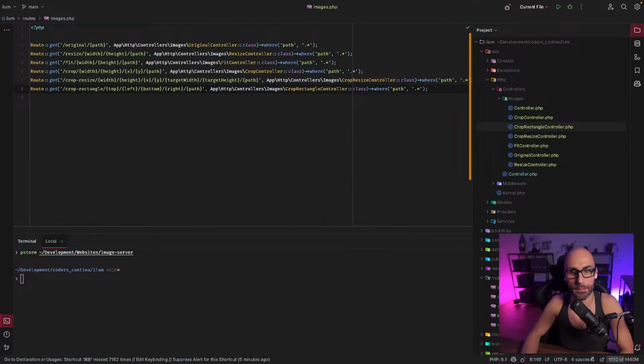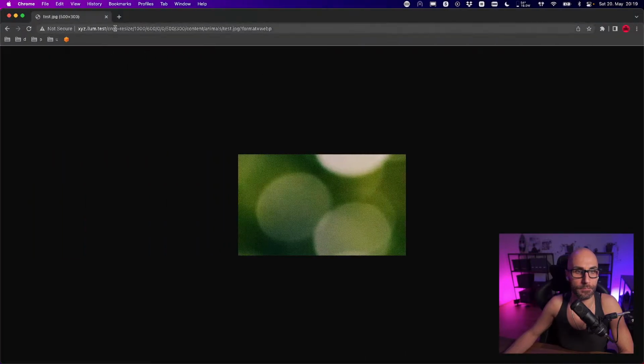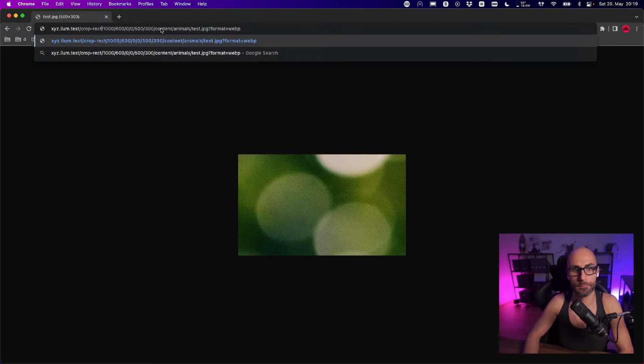Route crop rectangle, top, left, bottom, right. So, and we want to have a rectangle starting 0, 0, top, left, bottom, so 300 by 500,